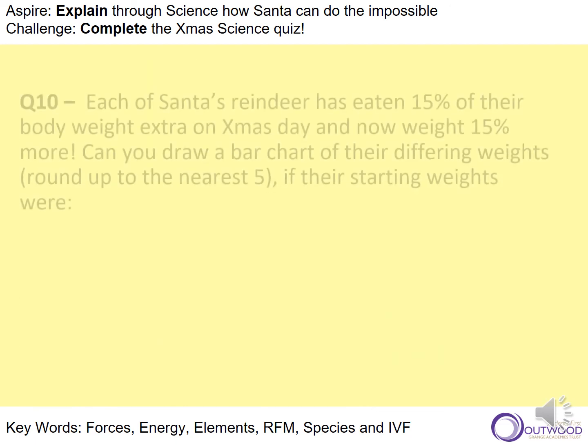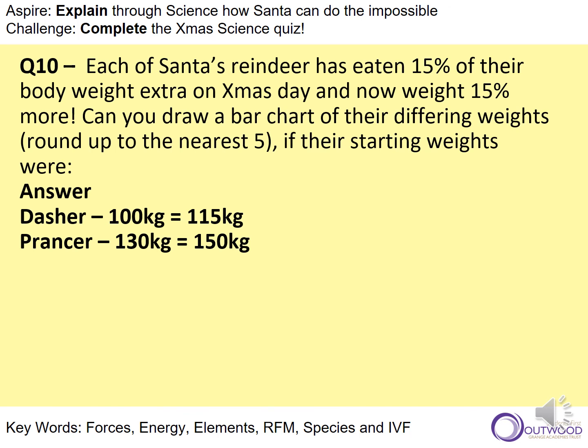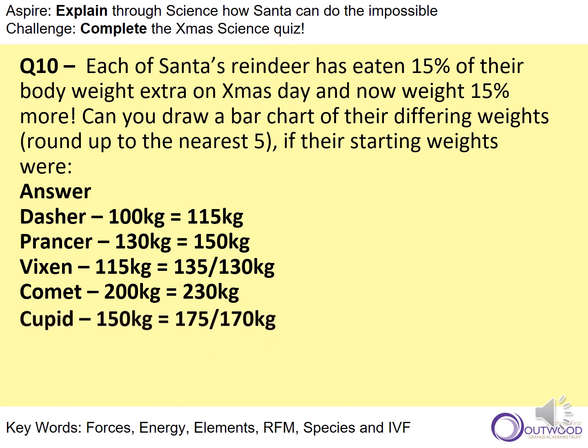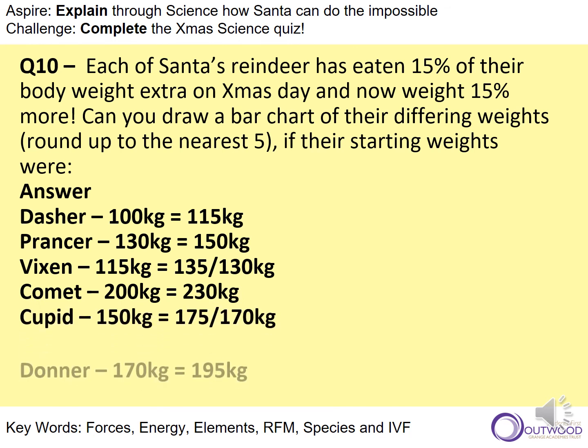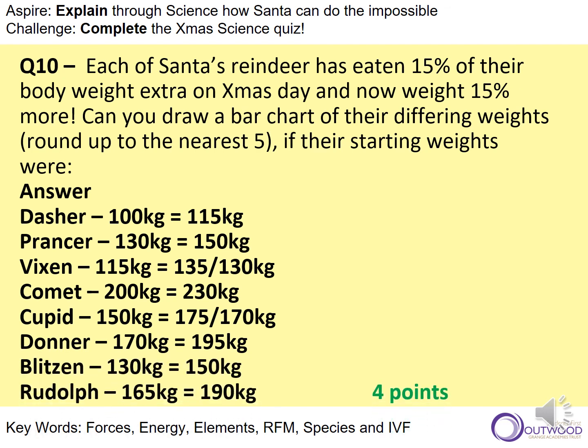So that's question 10. Each of Santa's reindeer has eaten 15% of their body weight extra on Christmas Day and now weigh 15% more. Can you draw a bar chart of their differing weights rounded up to the nearest 5 if their starting weights were Dasher, 100 kilograms, which is 115, Prancer, 130, which turns into 150, Vixen, 115, which goes to either 135 or 130. It was dead on in between, so either one I would have accepted. Comet, 200 to 230, Cupid, 150 to 175 or 170, Donna, 170 to 195, Blitzen, 130 to 150, and